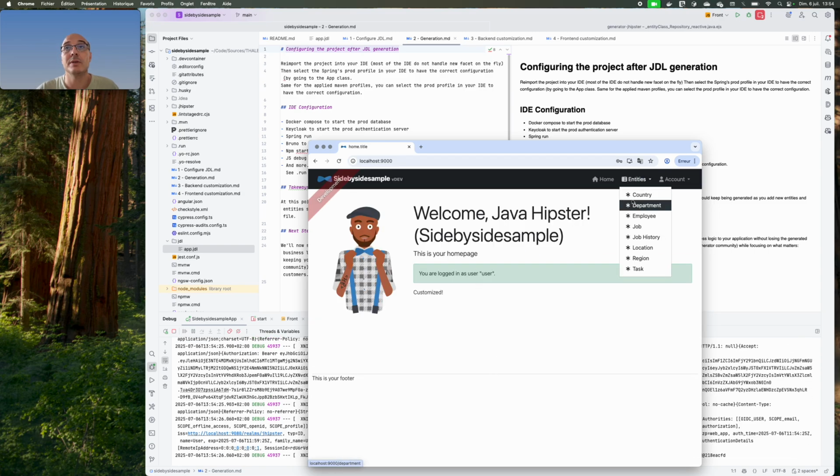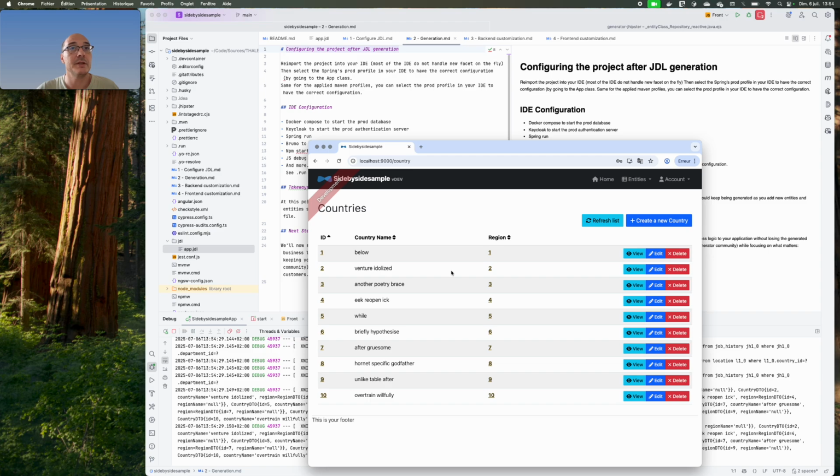And here, as you see, I can interact with the CRUD stuff. Usually, coding this kind of CRUD stuff is not interesting at all for the developer. It's a boring task, and here JHipster did everything for me in one click, which is really cool and definitely accelerated my journey.